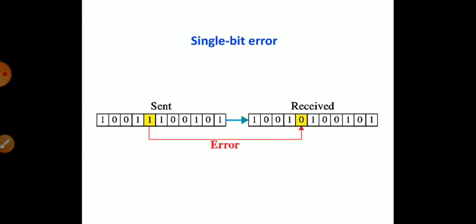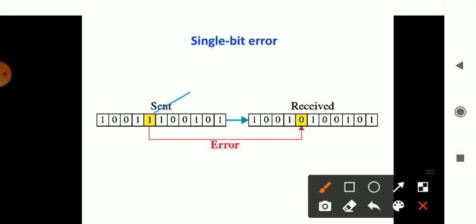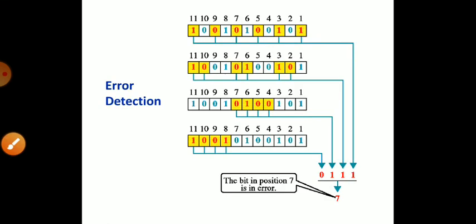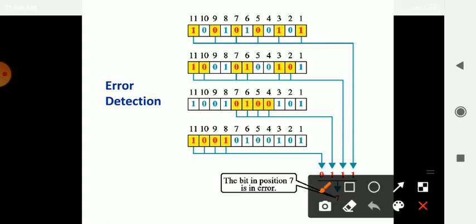Okay, so when an error is being considered, I want to calculate the error in a single bit. For example, the sent information is like this, and the received is like this. The error is received here; it is transferred from 1 to 0. When it is being checked, here it is checked with the concept of how you have done take one, leave one, take one, leave one. Okay, whether you are checking for even parity or odd parity, you have to check it. So if even parity, you have to check in that particular format, like P1, this one, this one, this one, take one, leave one, take one, leave one. So do you have an odd number or an even number of ones here?